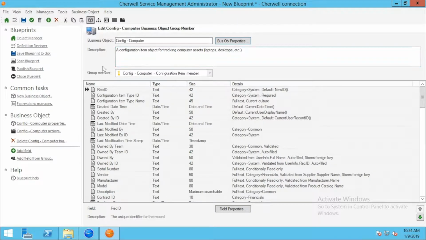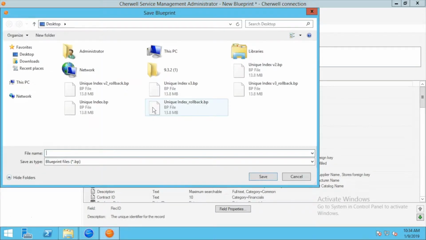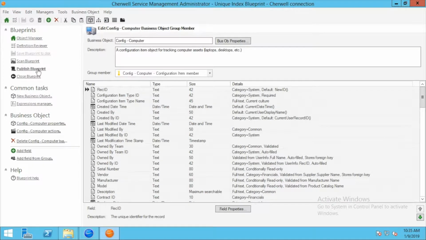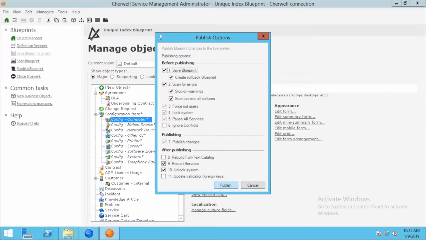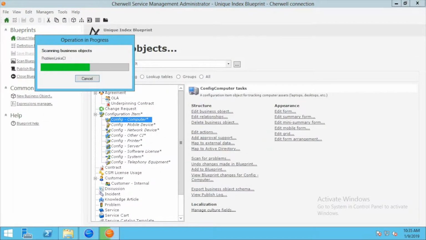I'm going to come back to my admin client. I'm going to save this blueprint, and we'll go ahead and publish that. And I'll skip the boring part here. Real quick, as we're publishing, you'll notice that as I've only made the change to this config computer database, or rather the business object,